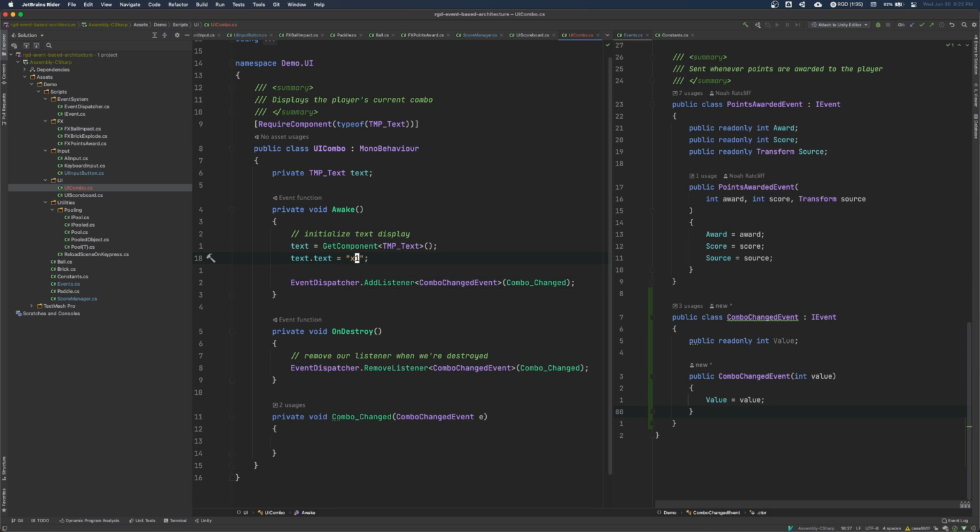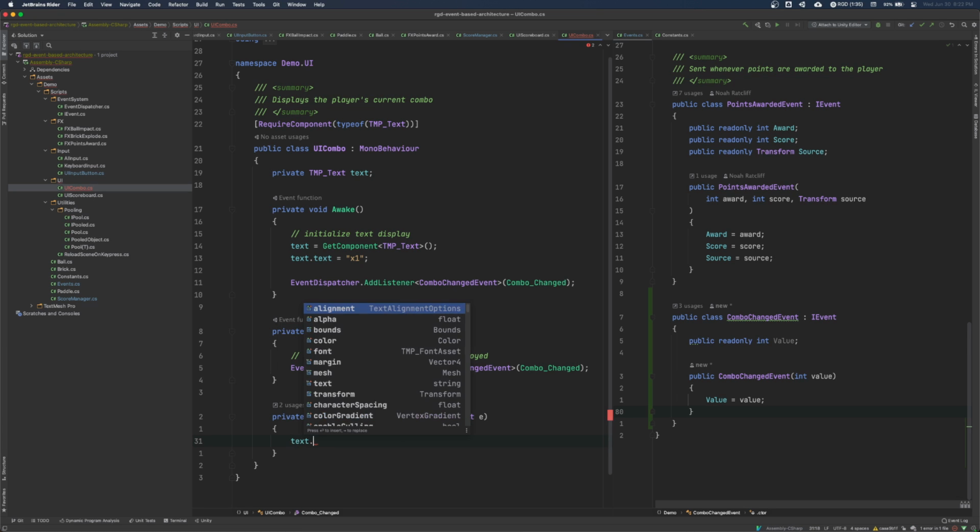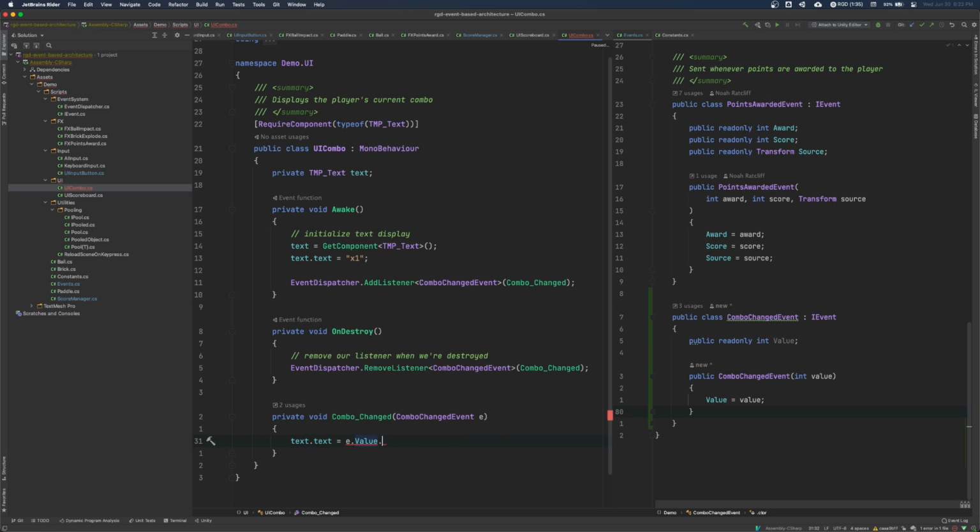In an ideal world, we might fire a combo change straight at the start or something like that. But we'll go ahead and initialize that the same way we were doing the other one. And now here's the meat and potatoes. We say text equals e.value.toString. Oh, actually, we want to add that little x. So we'll say x, value. There we go. So when combo changed, we'll set the text to x and then the combo value.